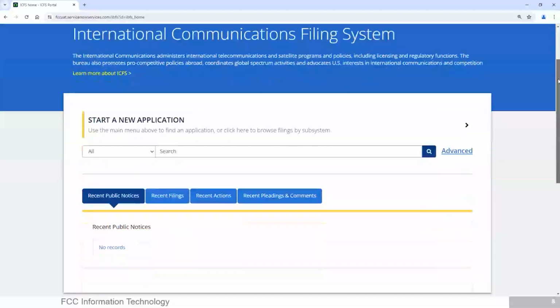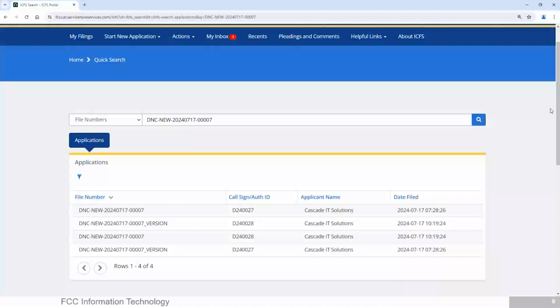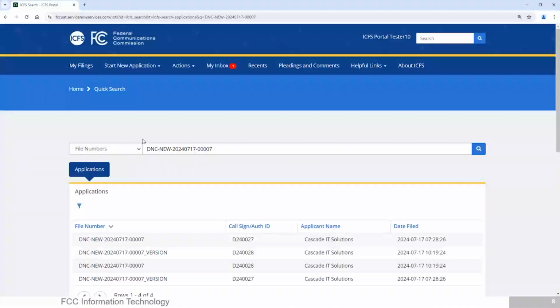And here on the landing page, this is the list regarding the recent filings, recent actions, and pleading comments. Also, if you want to find, for example, any application, the public viewable information, you can use the file number that you have. It will bring everything regarding that file number. And then also